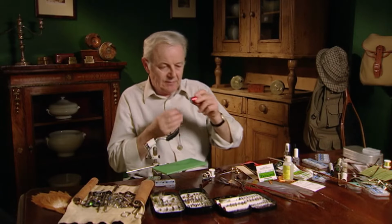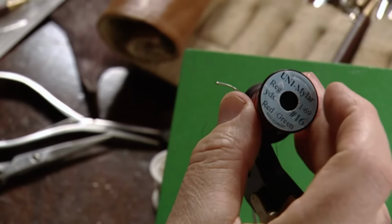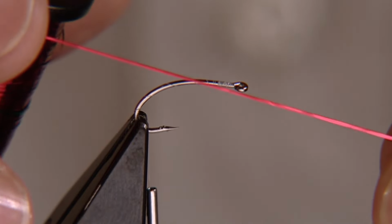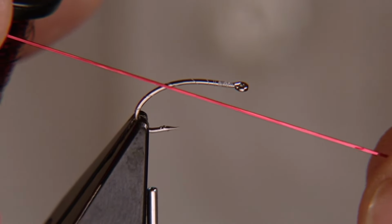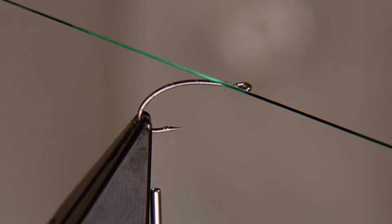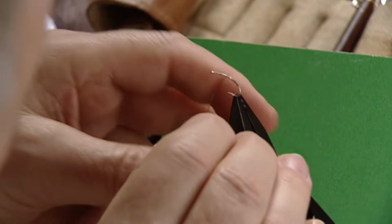And now for the rib, I'm using this sort of burgundy red Unimylar, and it's red on one side and sort of a bottle green on the underside. If you can't get this, no problem, just use fine red holographic. So take off a strand. This is only about 0.5 millimetre wide. Tie this in